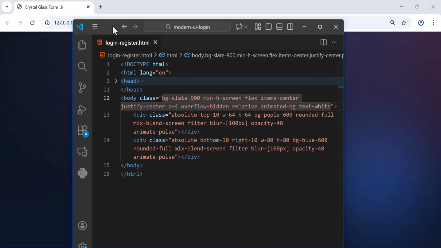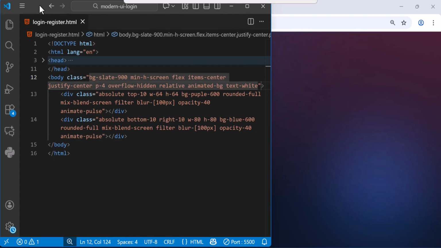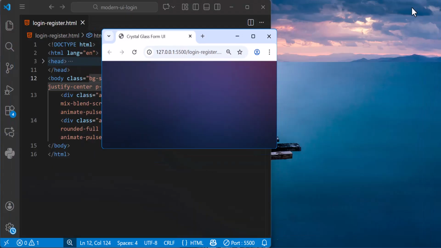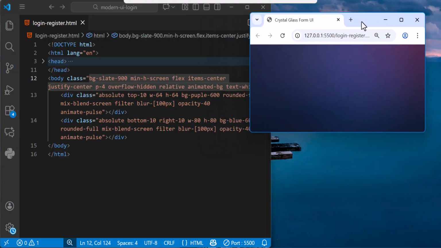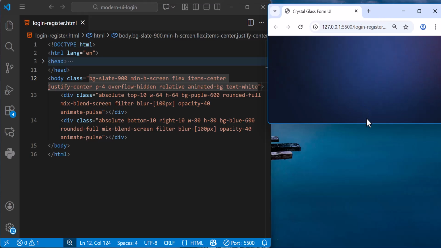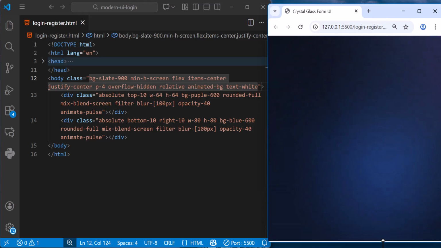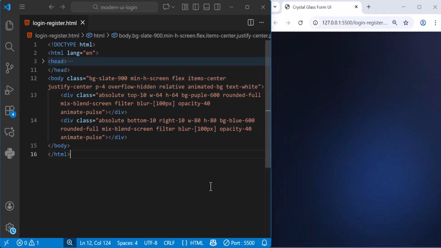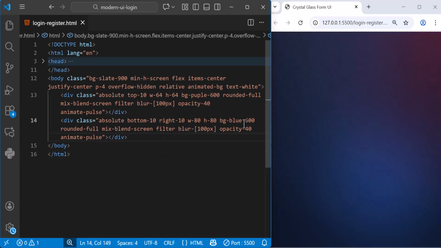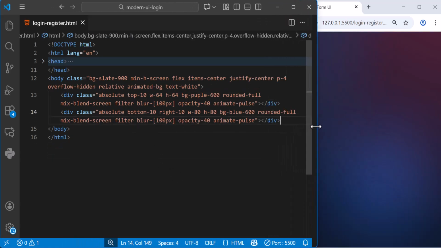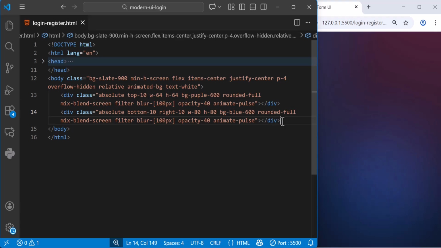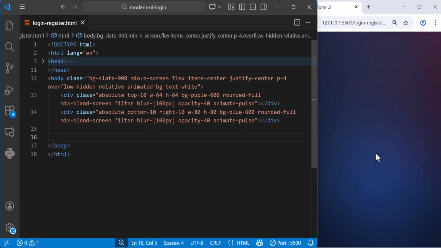I'm going to move my code this way, and then I'm going to move my page on the right side. So yeah, we can have it that way for now. And then the next thing we can do, let me move it a little bit this way. The next thing we can do is we can work on another div. So let's create another div,